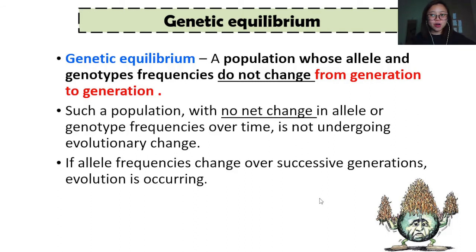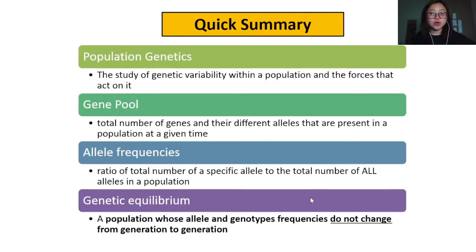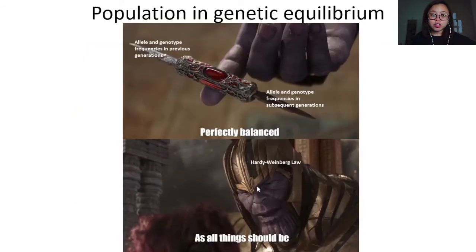Okay, so that is all the terms that I'm teaching you. Just a quick summary. Ini sahaja untuk 5.1. Dalam 5.1, kamu belajar apa itu definisi population genetics, apa itu gene pool, apa itu allele frequency, dan genetic equilibrium. Kamu sepatutnya boleh jelaskan keempat-empat term dan konsep ini. Okay, so you should be able to explain those terms. And let us move on to